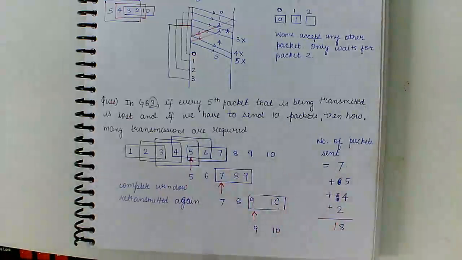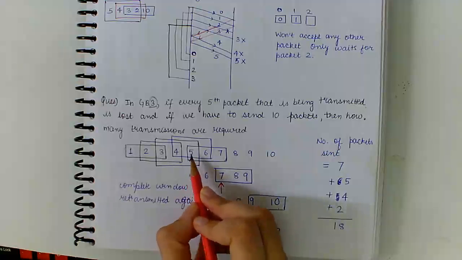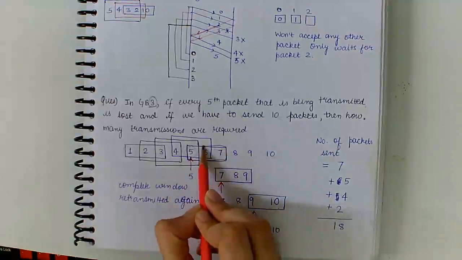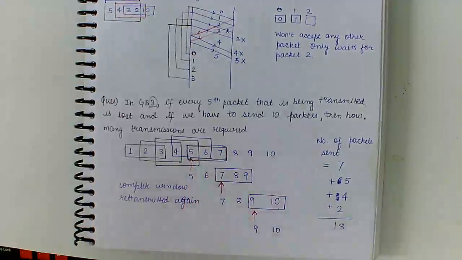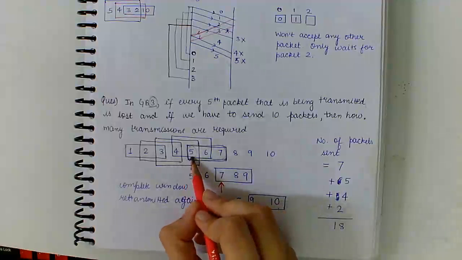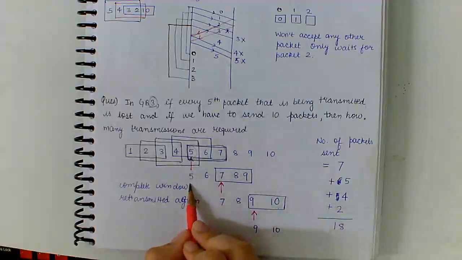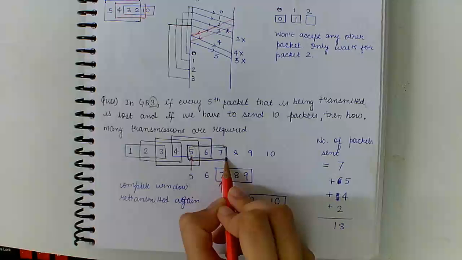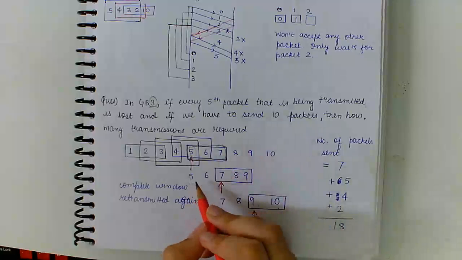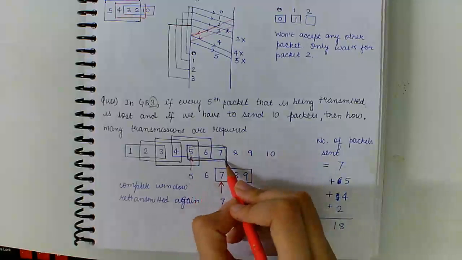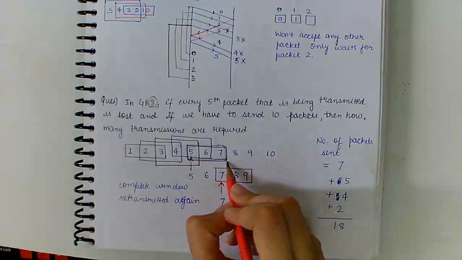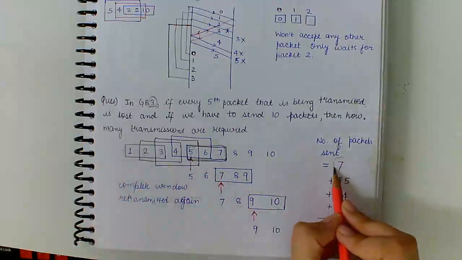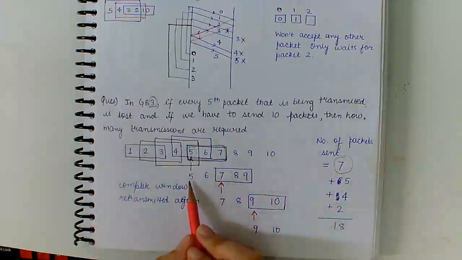So how do we count the number of packets sent? So if 5 is being sent, as the window size is 3, then these 3 packets will be sent together, and if 5 is not received, then we again start with 5, and as these packets were being sent with 5, until we realize that 5 has been lost, these 2 packets have also been sent. So the number of packets sent in this step is 7.